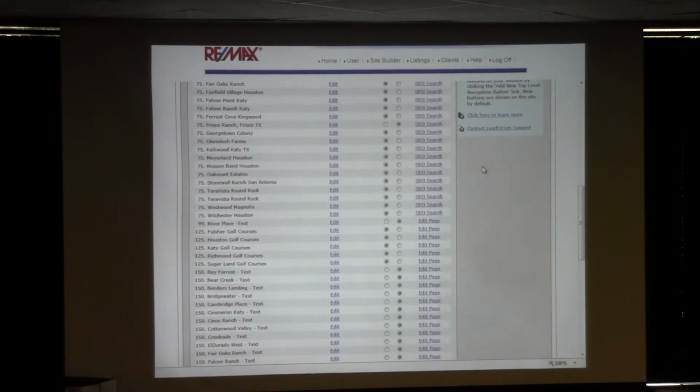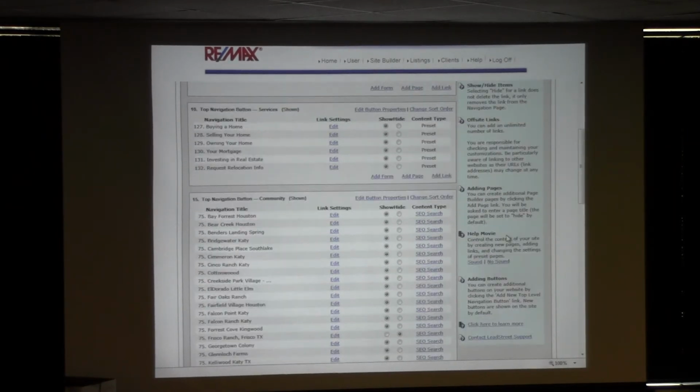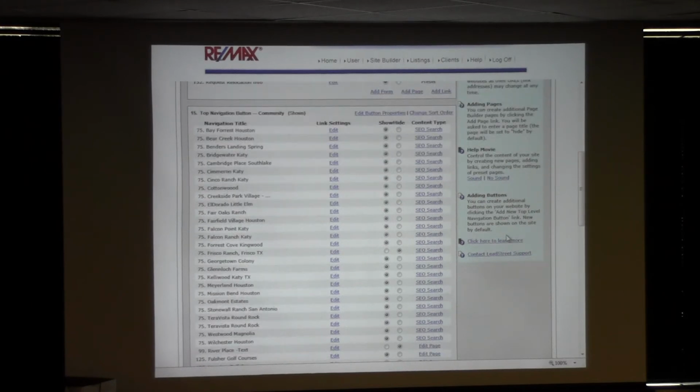SEO search pages, that's exactly what we're going to be going through right now. Because we're going to be talking about neighborhood pages, scroll down to top navigation button, community, number 15. So under number 15, top navigation button, community. By default, you have 3 pages inside there. I'm seeing an abbreviated list. I don't have a number